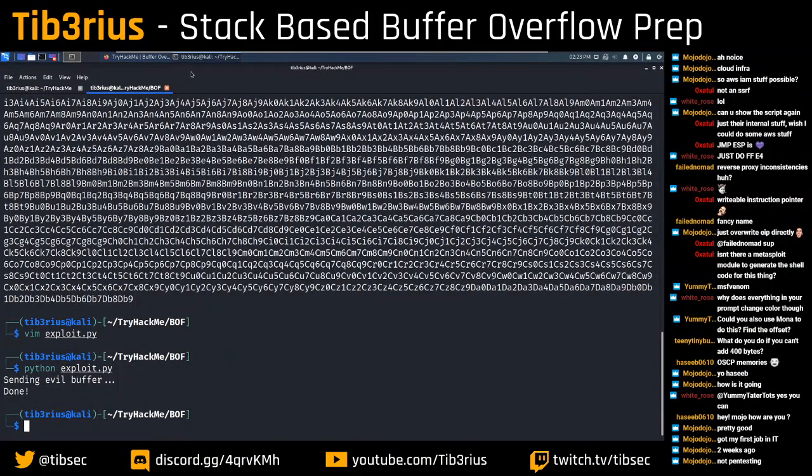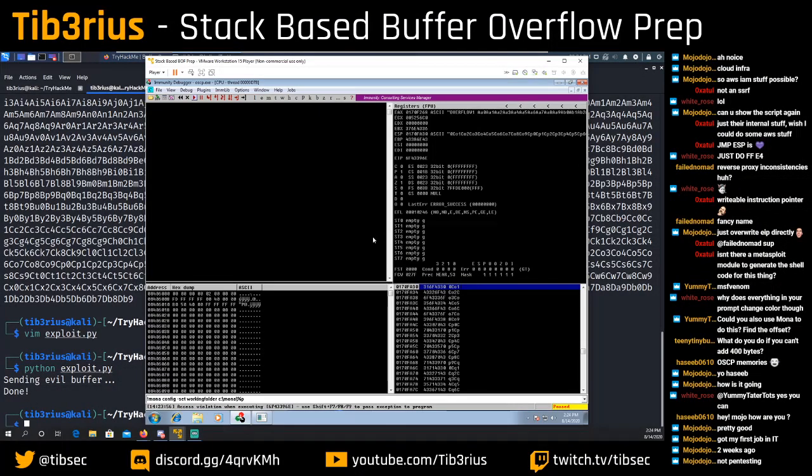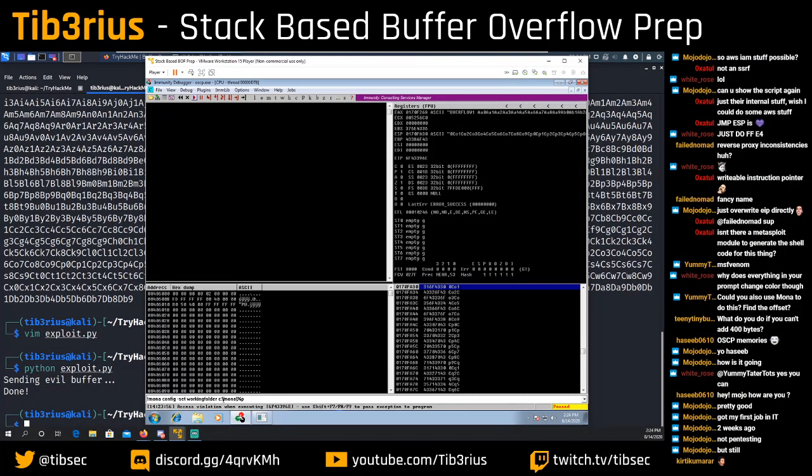Sent the evil buffer, done. We'll go back to this, and it says, okay, yeah, so access violation. Now it's not when executing